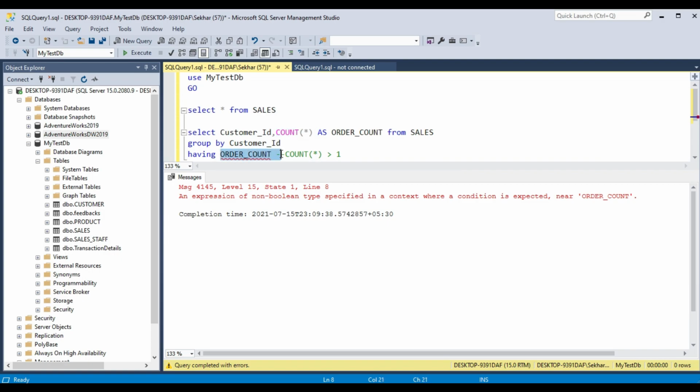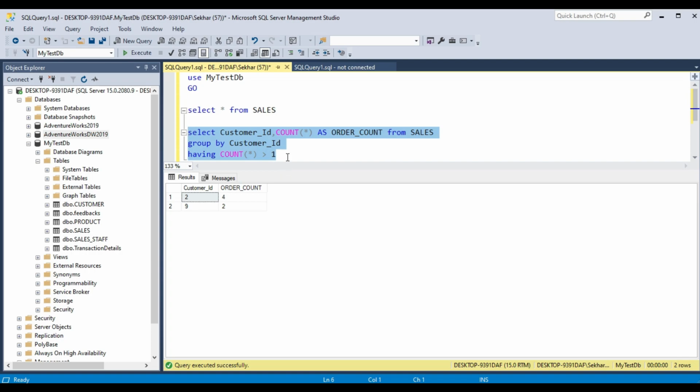Original expression means you have to use count star only, then only it will work. If this condition is true, those records will be returned, and for the records where it is false, it will not return those records.